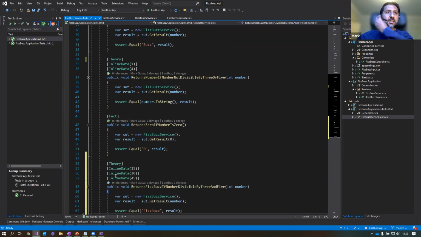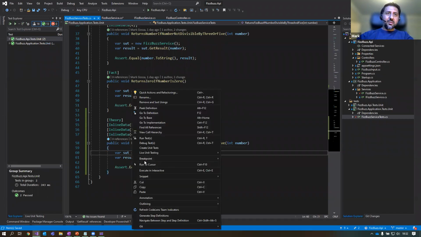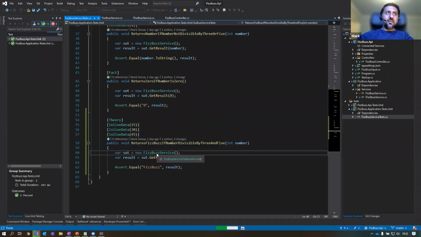So now that test is in, so let's see if that passes. So what we want with test-driven development is we want it to fail first. So we need it to go red. So is that going red? Yeah. So that test has failed.